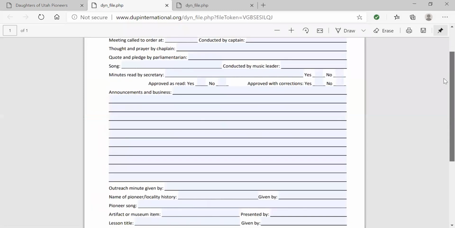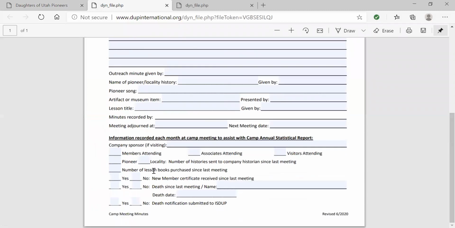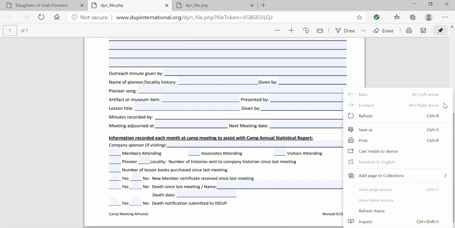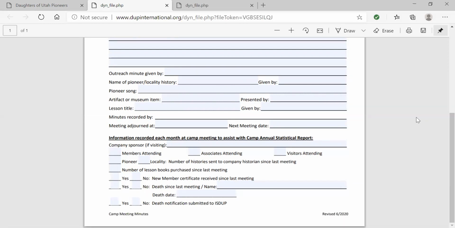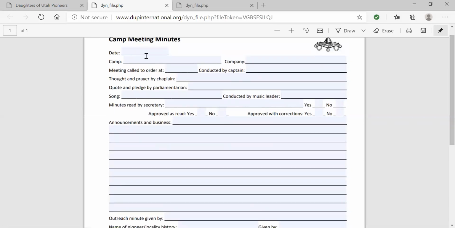At the end of their minutes form, we have some information to say how they can ask their members: how many lessons has anyone purchased? How many books have you purchased this month? Or who got a new certificate? How many were attending? Have you sent your histories on to the company? So you can see in this area, there's a place for you to keep notes as a camp secretary. And then when you get to the end of the year, you'll have minutes for each of the months